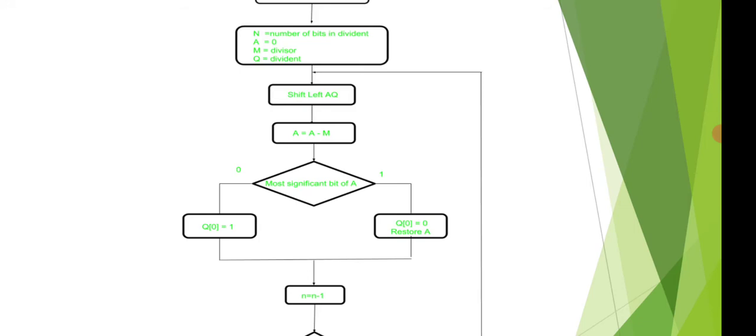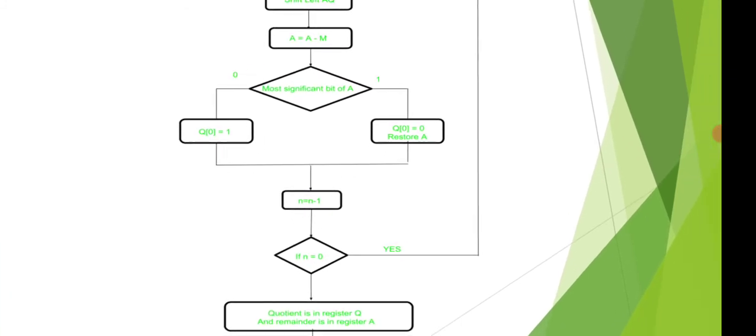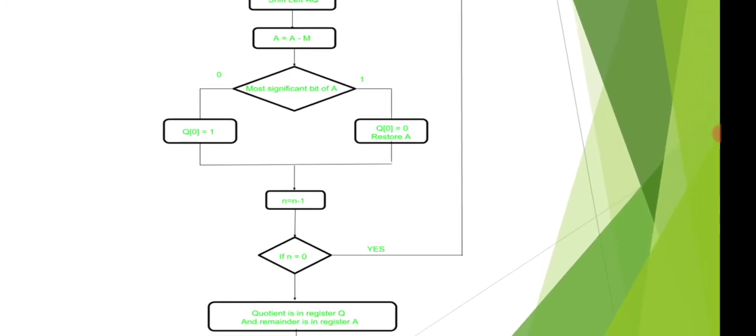If it is 0, then Q0 equals 1. If it is 1, then Q0 is equal to 0, and we restore my A value. Then decrement your n value and check whether it is equal to 0. If it is not equal to 0, then again repeat the same steps. If it is equal to 0, then your quotient will be present in the Q register, and the remainder will be in the A register.